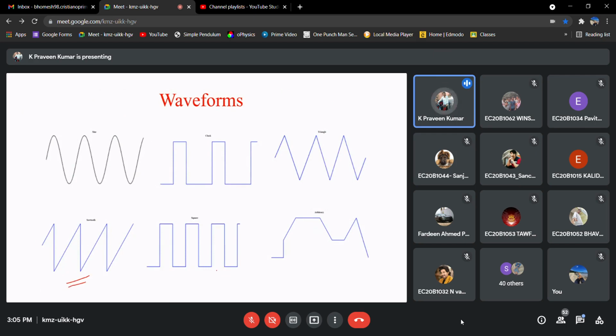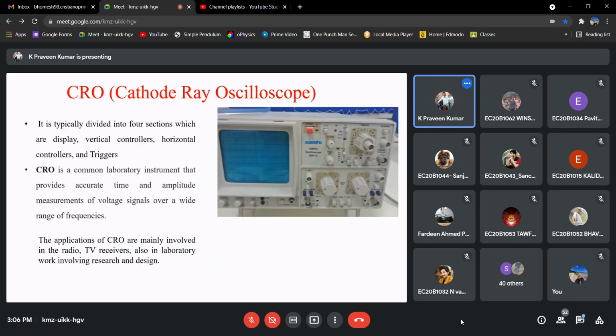So this CRO, what we have seen in the picture, it will generate sinusoidal or square or rectangular pulse and triangular wave, right? Basically, rectangular pulse and square wave pulse are both the same, just by varying the duty cycle. We have already seen one of the knobs to control the duty cycle of the waveform. If you fix it at 50%, then that will be square, otherwise it will be a rectangular pulse.